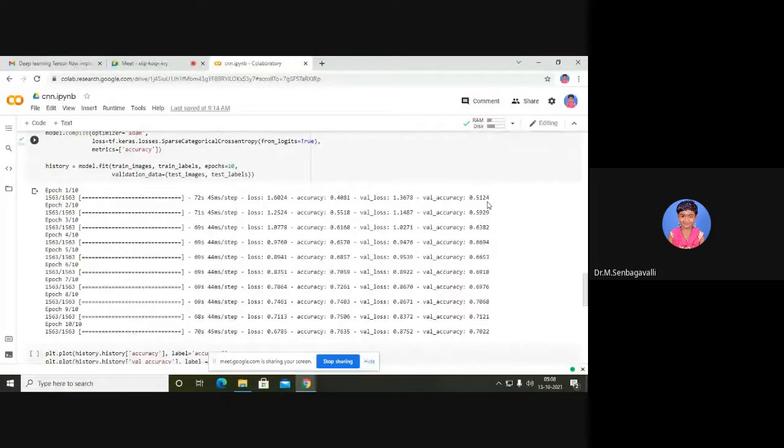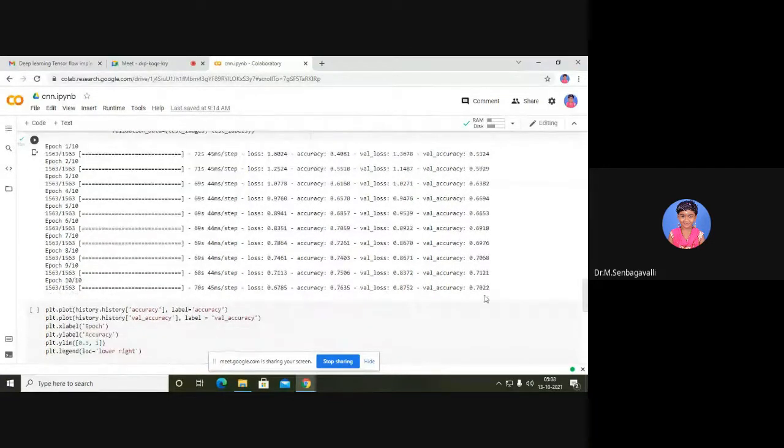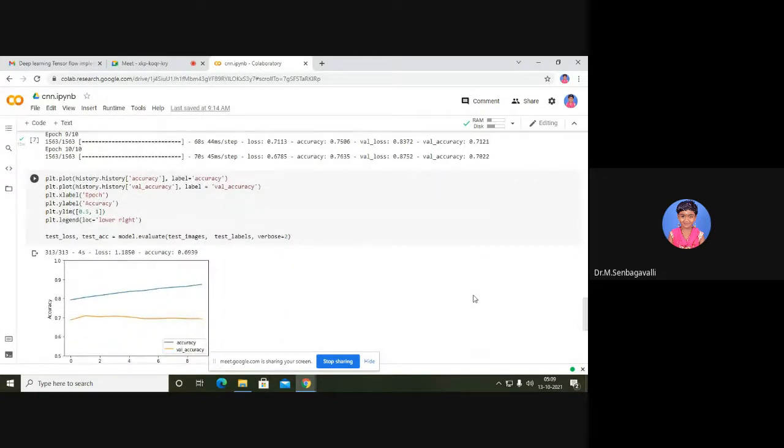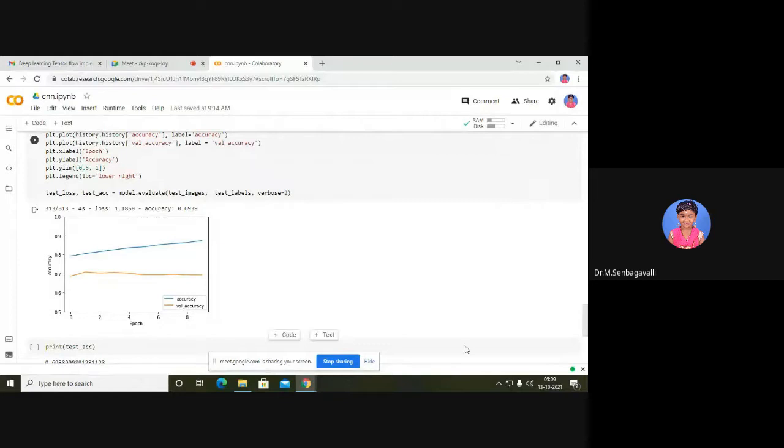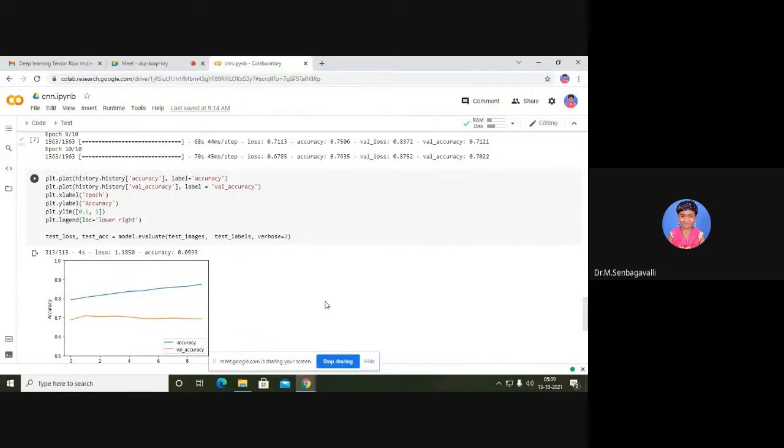From the first iteration it shows only this much accuracy. As the number of iterations increases, you see the accuracy increasing, and it will run until 10, and the final accuracy you see how much it has reached. 70% it has reached. And once we reach the accuracy level and evaluate the model, we have to show the visualization with respect to accuracy, that is how much accuracy we have received. That accuracy we have to display.